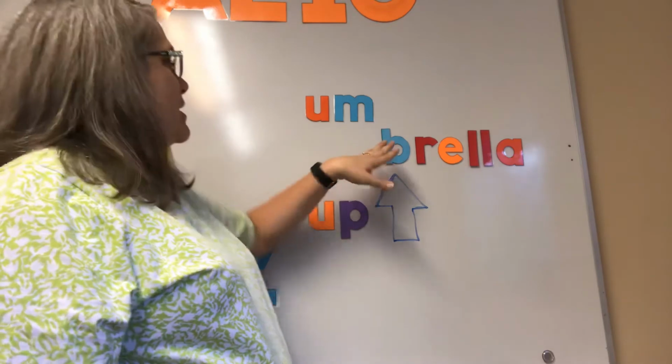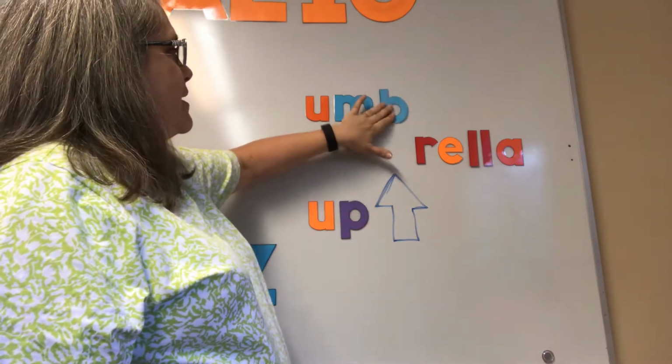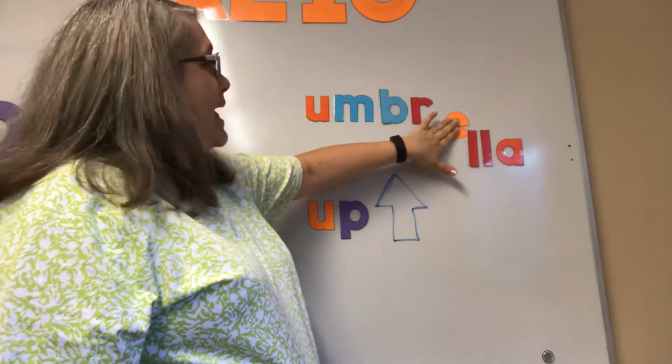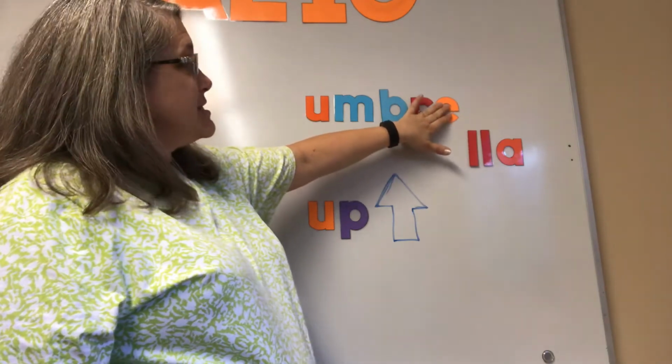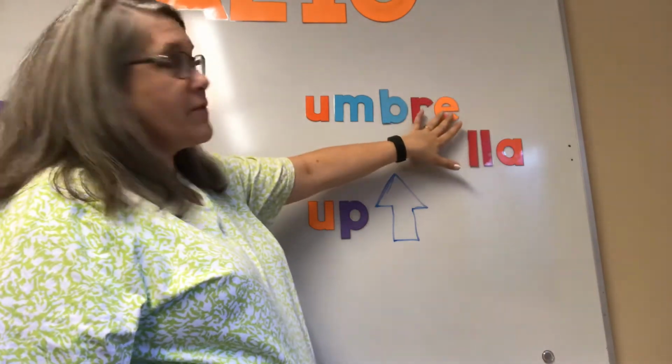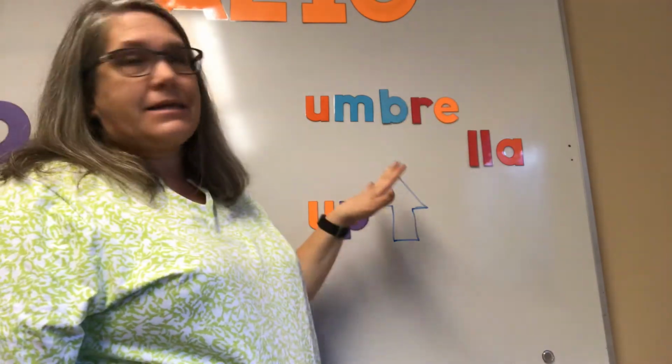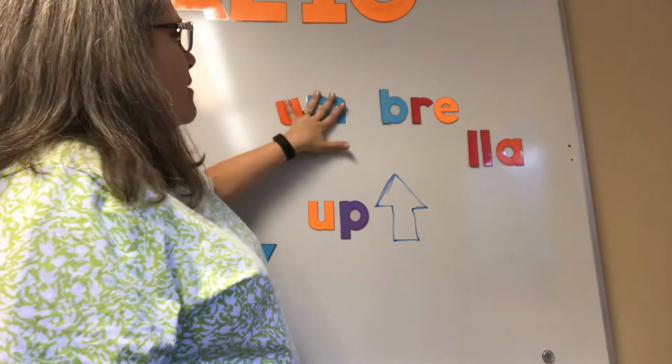So that's the first part. Here's the next one. B, and this one says eh. It's by itself, not right next to another vowel, so it's going to say its short sound, eh. So let's just do this part. B,